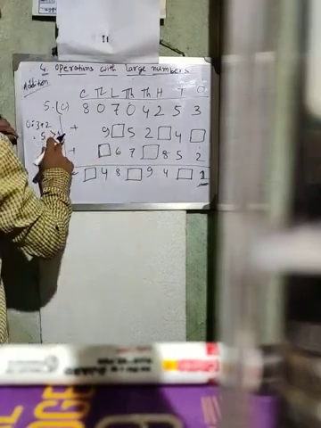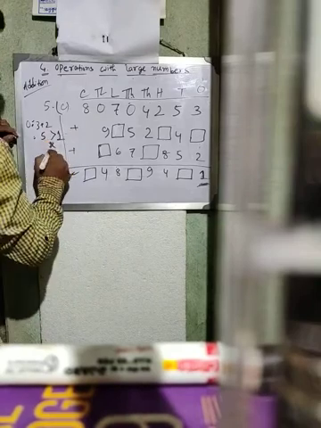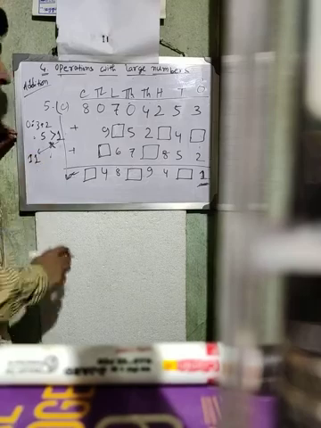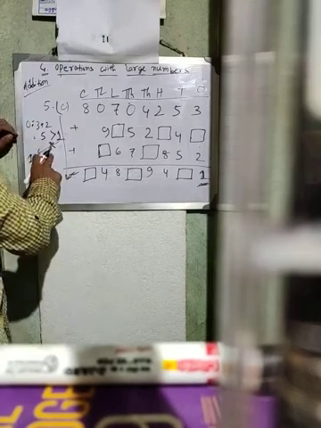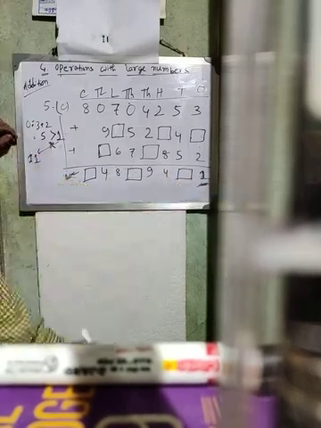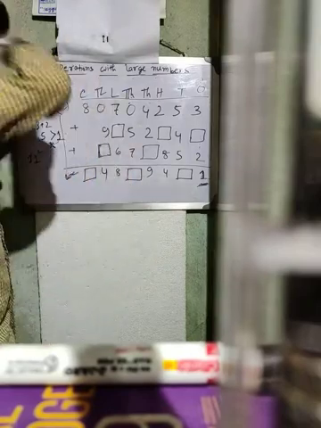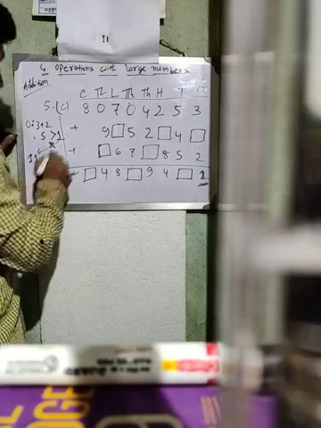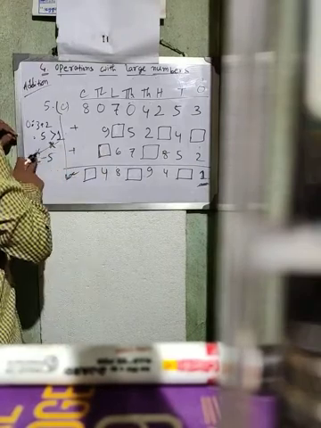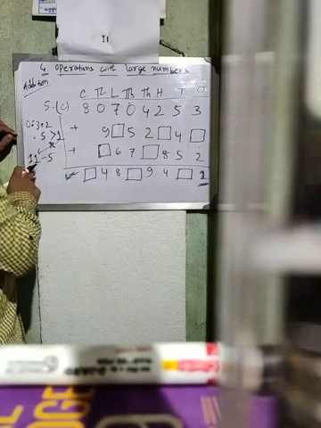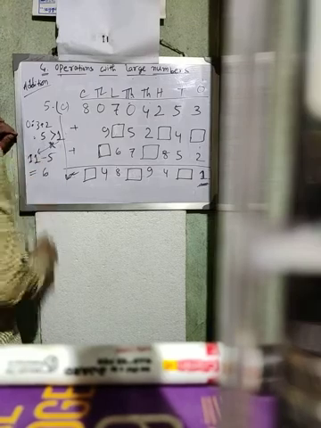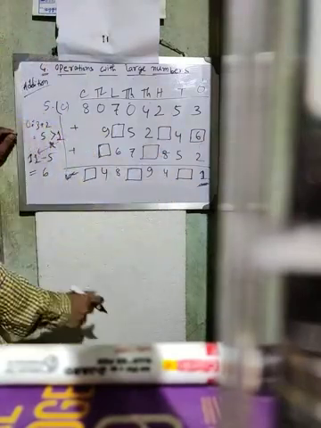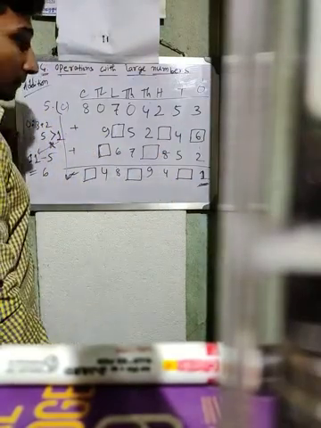As it is not possible, then you have to take this 1 as 11. I am just telling the process how to do it. This must be taken as 11. Okay, and here the addition is 3 plus 2, that means 5. Now you subtract 5 from 11, then we will get 6. So the empty digit must be 6.